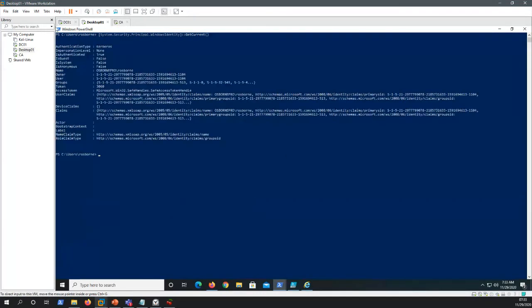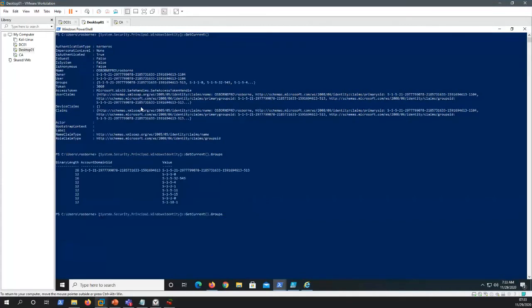So this is the way to view our Kerberos token. And you can see there's different SID values instead of actual names for, say, the group memberships that we are members of. So one thing we can do here to enumerate rather than using the command whoami /groups,